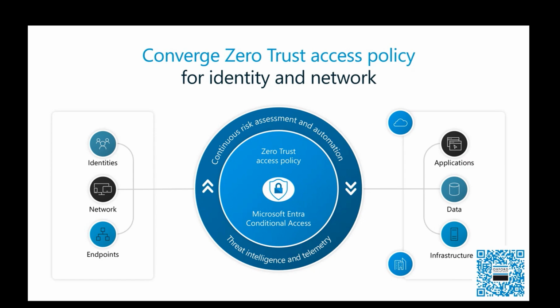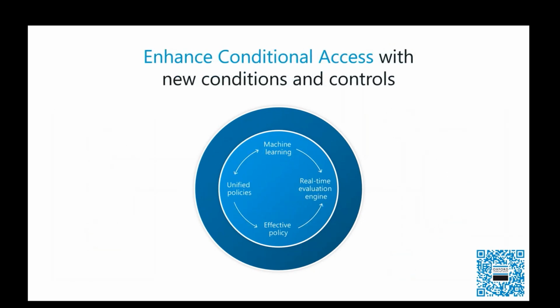Trust security model. On the left, the entities that are requesting the access, the middle is the robust engine that receives those threat signals from all the different Microsoft products, from email hygiene, device context, user and sign-in risk, network, etc. And on the right are the resources that we want to access, whether they be on-premise, in the cloud,